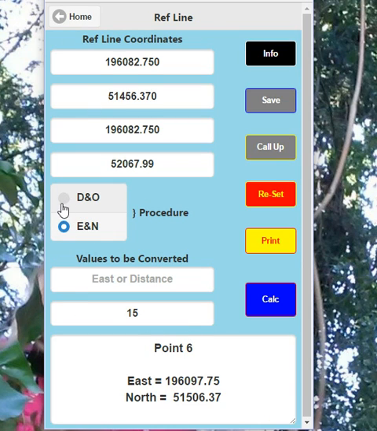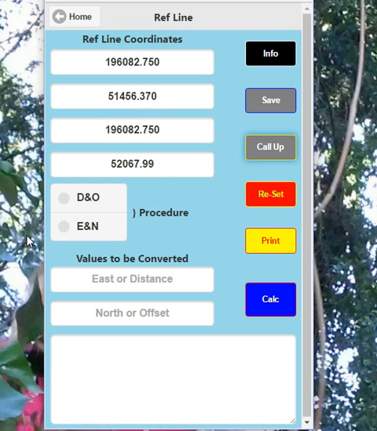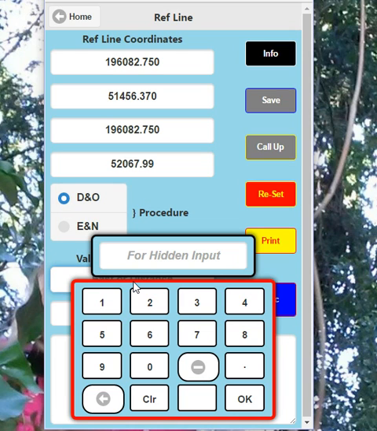So now I want some eastings and northings. So what I'm going to do is a quick reset there. I'm going to go call up. I want distance and offset, so I've got to put some coordinates in. So I'm going to re-enter some of those coordinates back in. So I'm going to put coordinates of